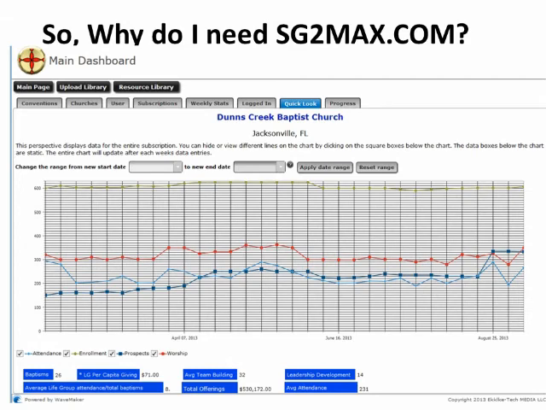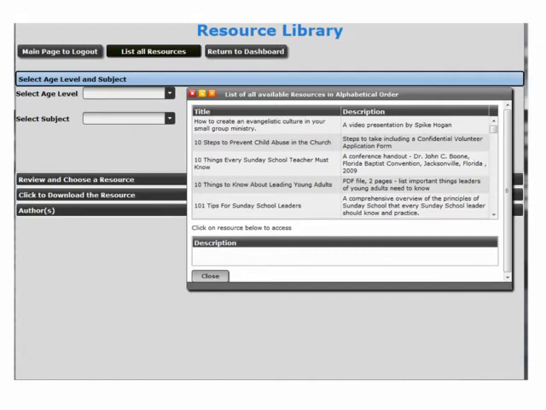Second, we link you to online resources that can assist in equipping small group teachers and leaders. Each teacher leader will have access to the charts as well as the online resource library. They can search the library for resources by selecting an age group, then a subject. The subject will list multiple resources. All available resources can also be accessed in one long list. Our hope is that highly motivated teachers and leaders will, on their own initiative, access materials that can help them.